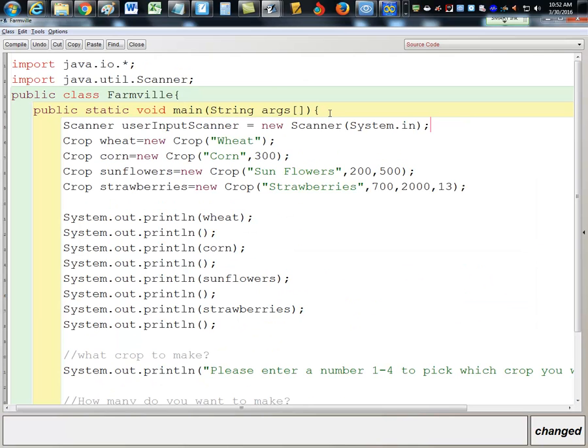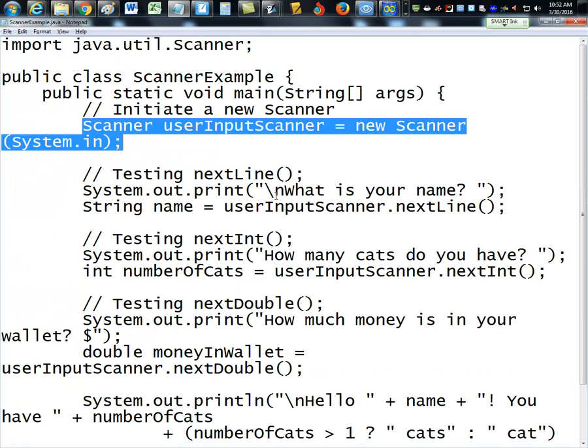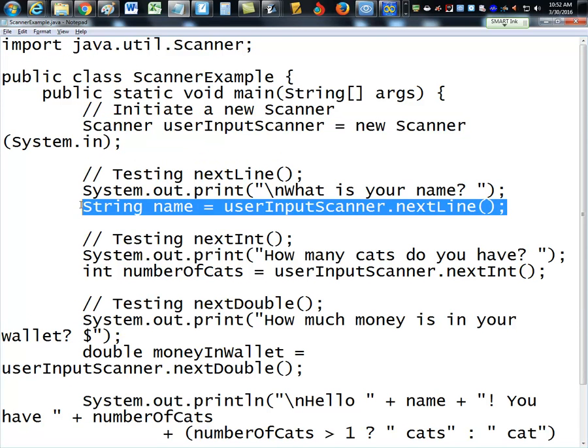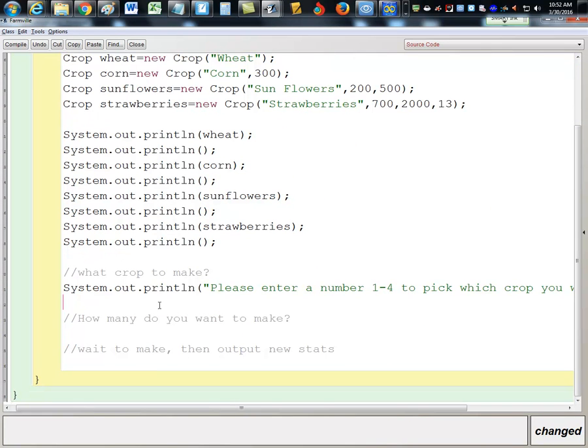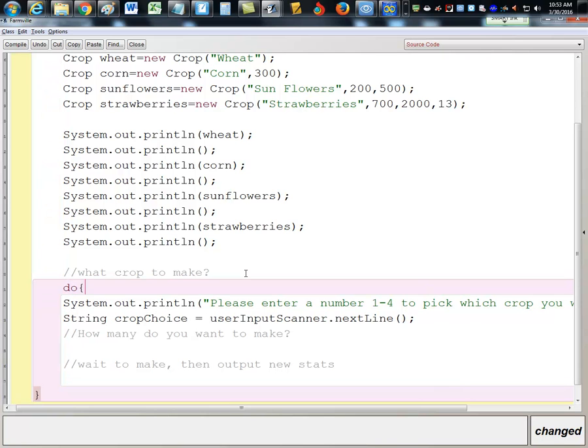So I'm going to put this up here. I'm going to call this user input UI because I'm really lazy. And then I need to get string name next line right here. And notice I need to call this crop choice. And I need to do this in a do while loop